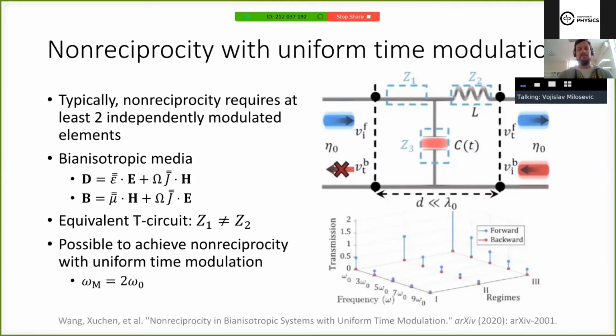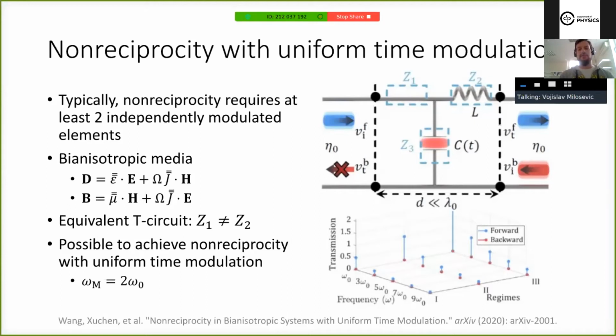But in the case of bianisotropic media, which are characterized by coupling between, so the electric polarization is not a function only of electric field, but also of magnetic field and vice versa. And it has been shown theoretically that in such media, it is possible to obtain non-reciprocity using only uniform time modulation. And here on the right, a unit cell of such